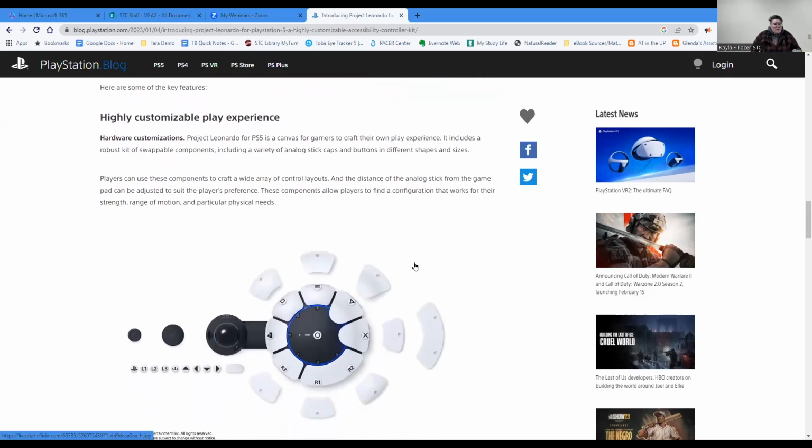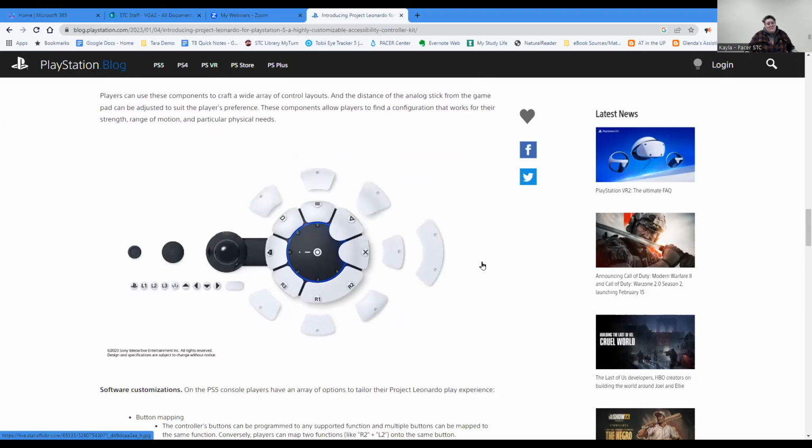So really exciting because there is no PlayStation-specific controller right now. There is no release date yet, but I would think in the next year and a half, it will probably get a release date with a price point. This image here, you can see how it sits and how interchangeable it's going to be. And it's really cool. So all of those buttons there in the circle,